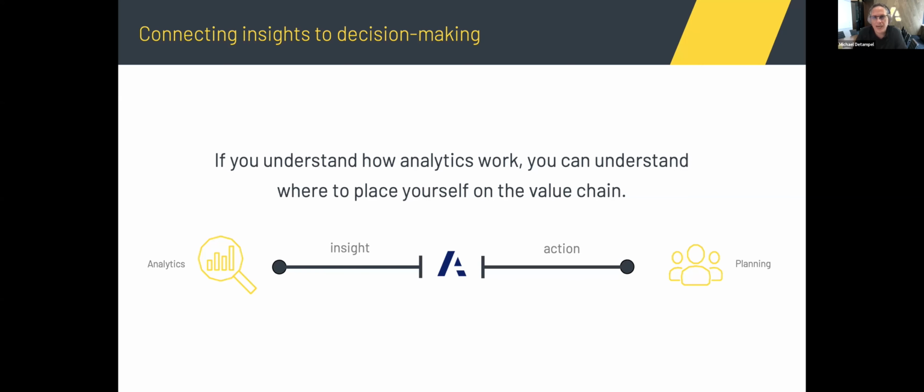still tends to be very siloed. It's the provenance of a data science team or a tool that is perhaps specialized for analyzing data, but the reality of the individuals on the ground is they're operating within different planning systems, and that's where they need to take action and make the decisions to actually affect what's going on in the supply chain. And bridging that gap between the analytical insights and your ability to put those into action continues to be the primary challenge.